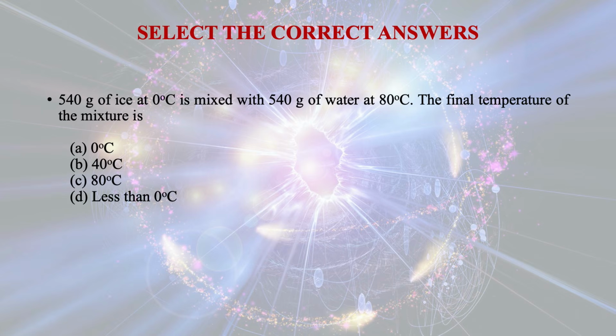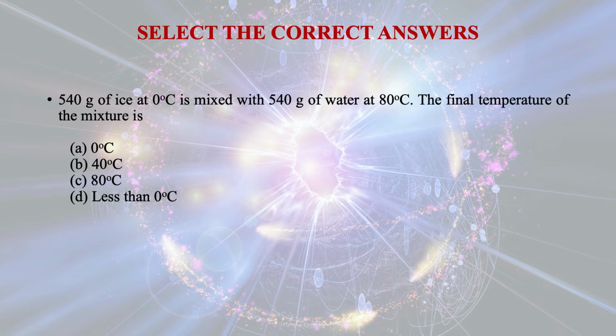The second one is that 540 gram of ice at 0 degree centigrade is mixed with 540 gram of water at 80 degree centigrade, what will be the final temperature? Here you see that when ice melts, it needs heat. So how much heat is required? For 540 gram of ice, if it melts, then the latent heat of ice is 80 calorie per gram. So it needs heat 540 into 80, and that heat will be required from the 540 gram of water at